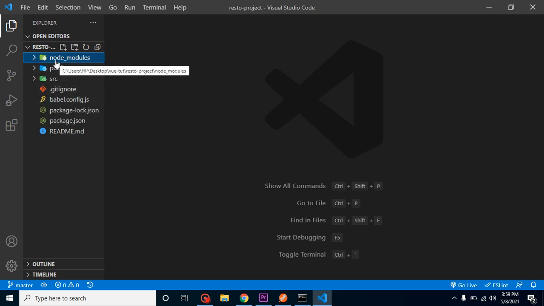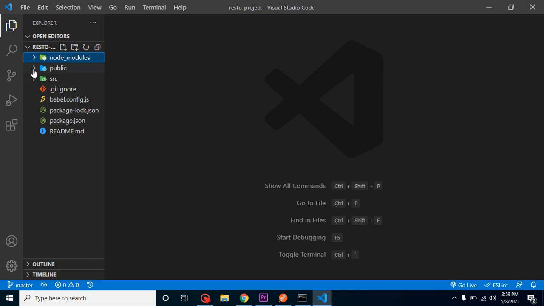Keep in mind, we also never make any kind of change in node_modules. If we make any change here, whenever you run npm install, your changes will be overridden. So if you want to make any change to these packages or extend their functionality, make another file, right?